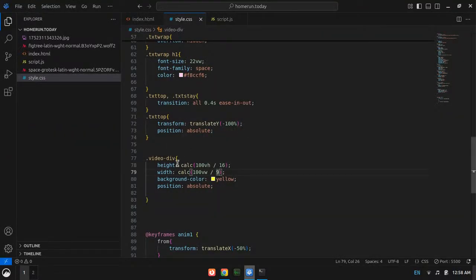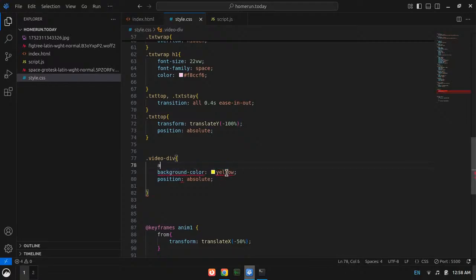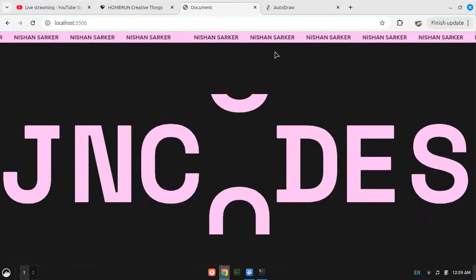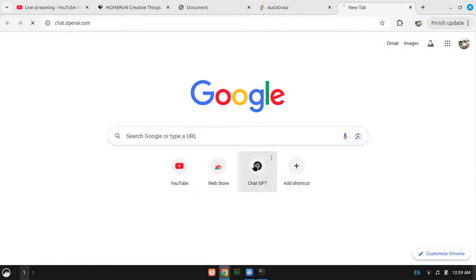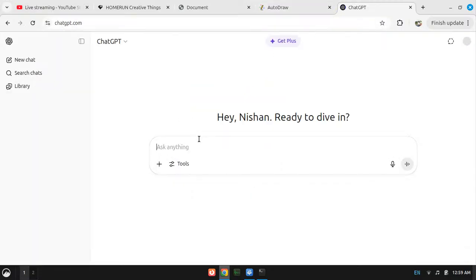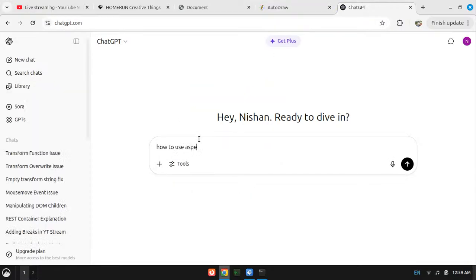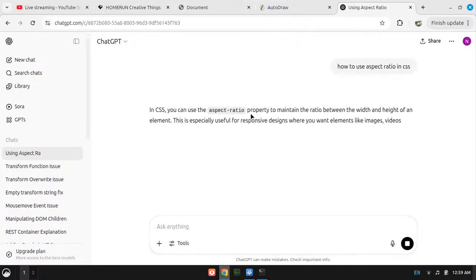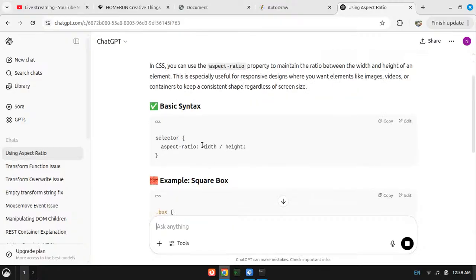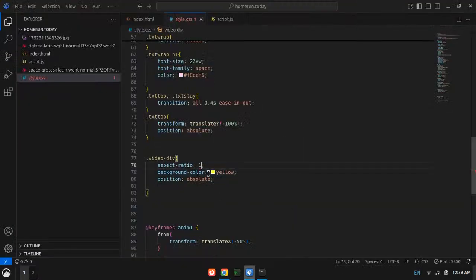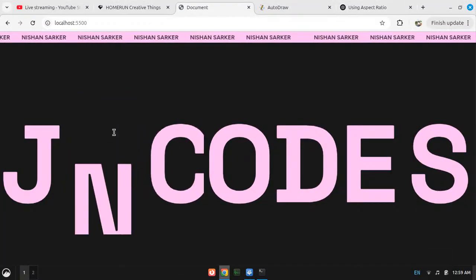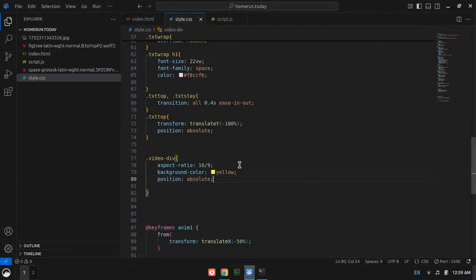Wait, I need to use aspect ratio of 16:9. How to use aspect ratio in CSS? That's the question. Aspect ratio is 16 divided by 9. Now let's see what happened to our div.